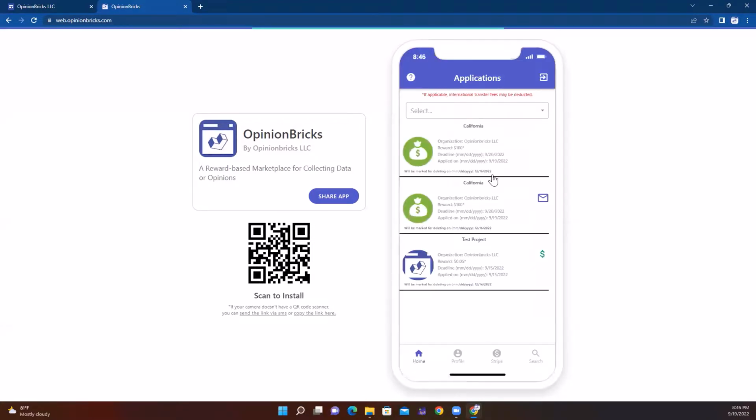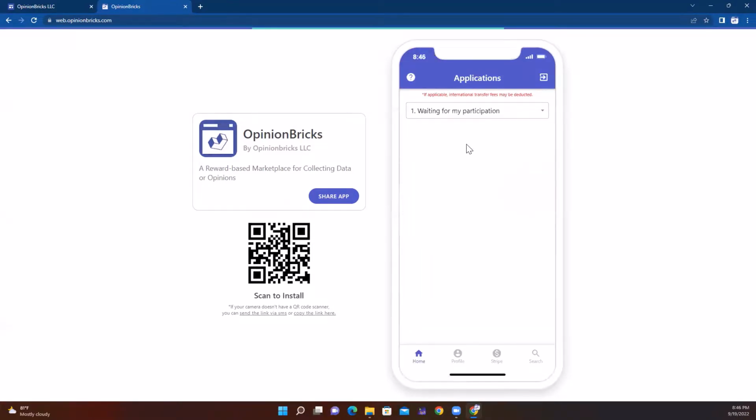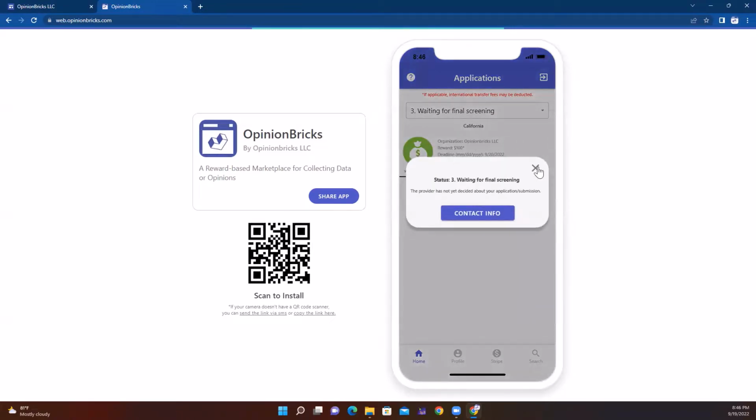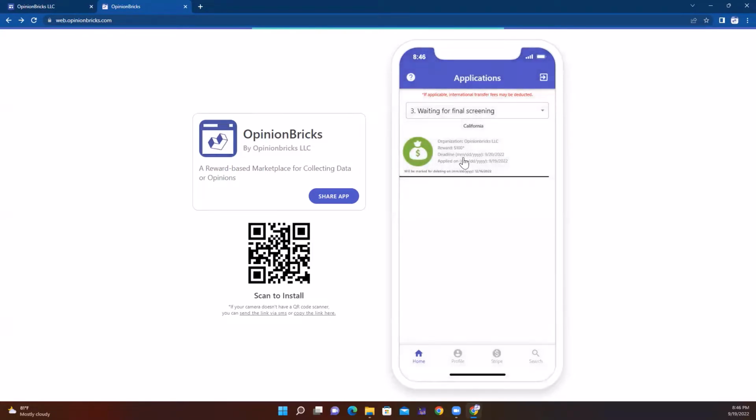So I'm done. Now, if I click on waiting for my participation, there's nothing in this area. But if I look at waiting for final screening, you can see that this is the application that I had, and it is now waiting for the final screening from the provider side. Final screening means that the provider is going to look at the quality of your solution and accept or reject it. If he accepts, then there would be a payment. So let's go back to the